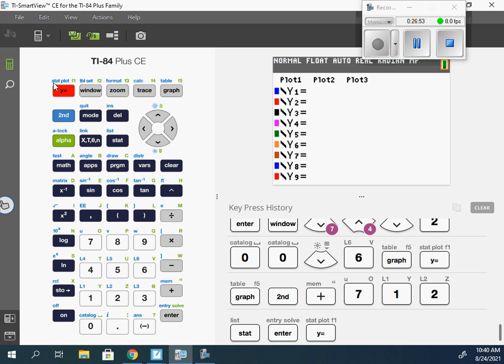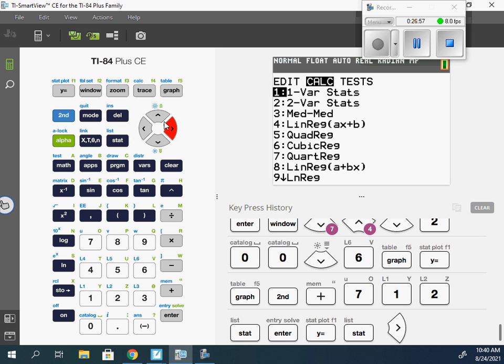Now, we're not typing anything else in. Stat. Now, if you notice here, we have quad, cubic, and quart REG. We can do more, because a quadratic is talking about a U-shaped regression, or a cubic is a cubic function, or quartic. We can do those there. So that's going to be the